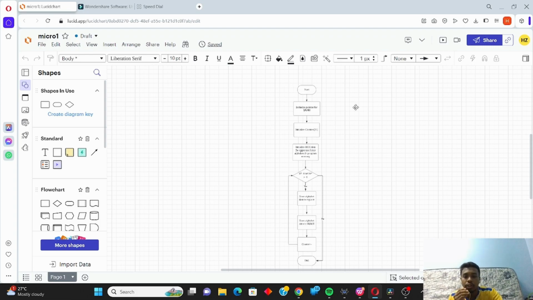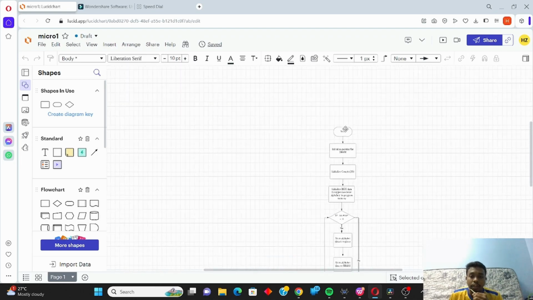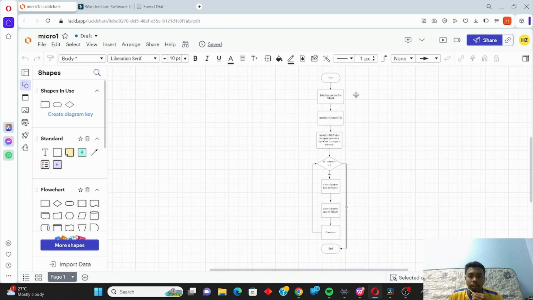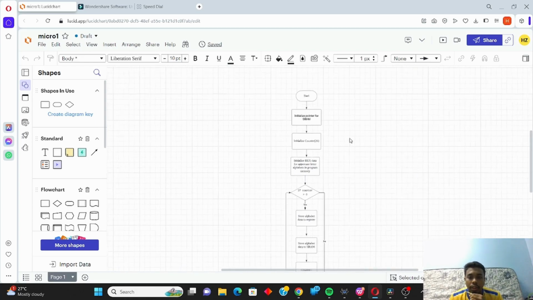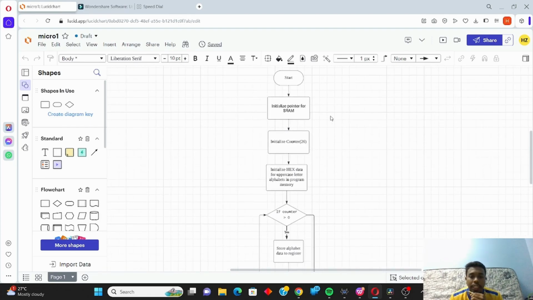Alright, so this is the overall flowchart that we use. As you can see, first we use Start, which indicates the start of the program. After that, we use a process block to initialize the pointer for SRAM. This sets up a memory pointer for static random access memory, which we call SRAM. SRAM is a type of volatile memory